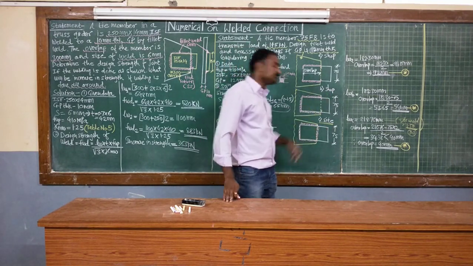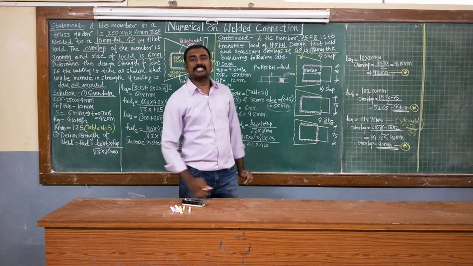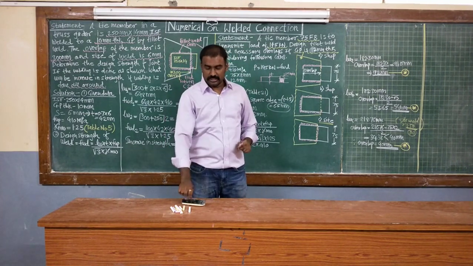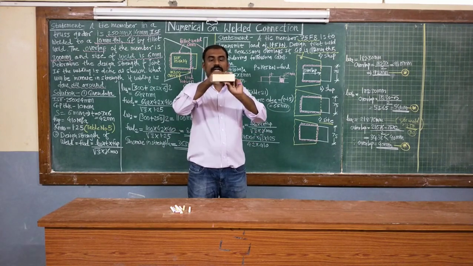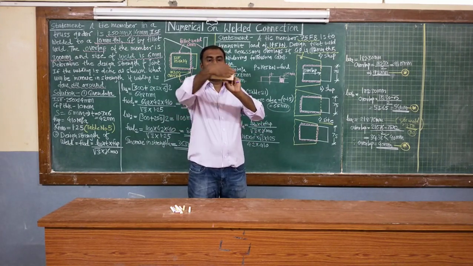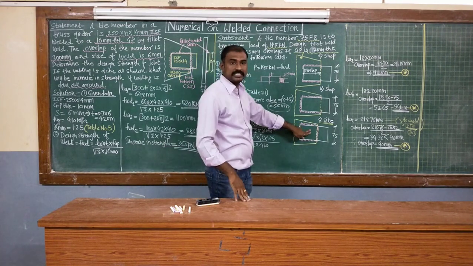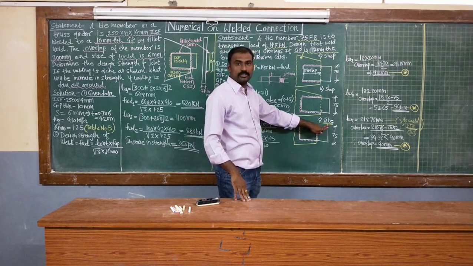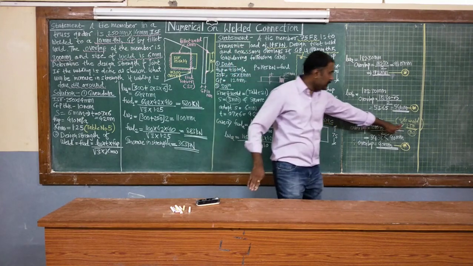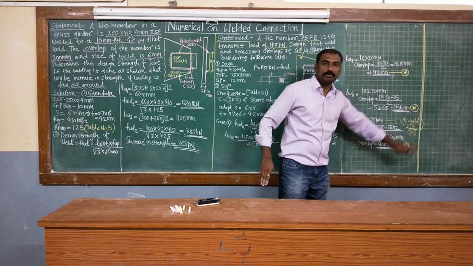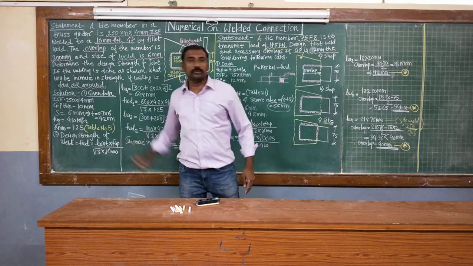Now case number 3. What is the difference? For case number 3, your welding is provided from all the 4 edges. So suppose this is the Indian standard flat, welding is done on all 4 edges. Complete 4 edges welding is done. And again one more change is given in this condition, it is a side welding. So for side welding, gamma mw 1.50 is to be considered. This is as per page number 30, table number 5.